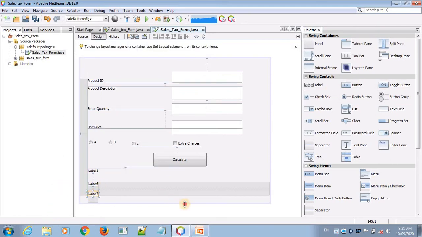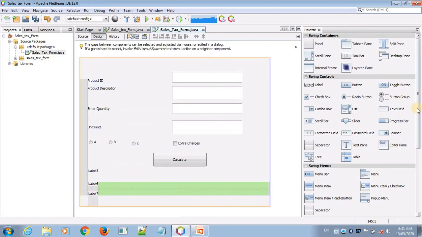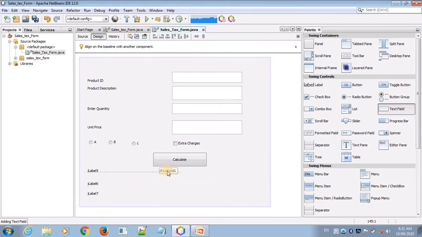Here, this is a big form, and I need 3 text boxes here. First, second, and third one.